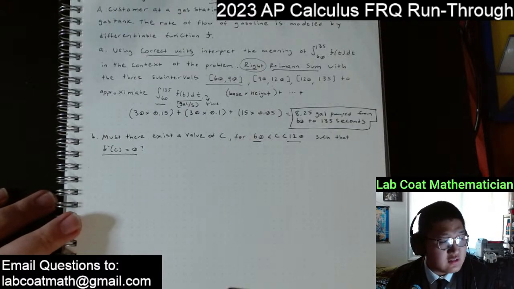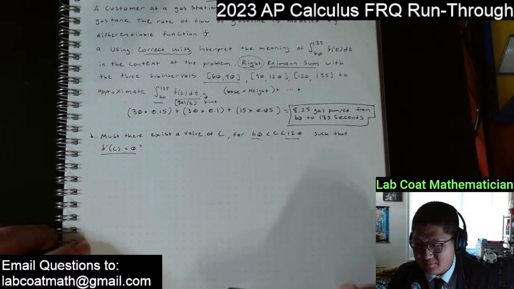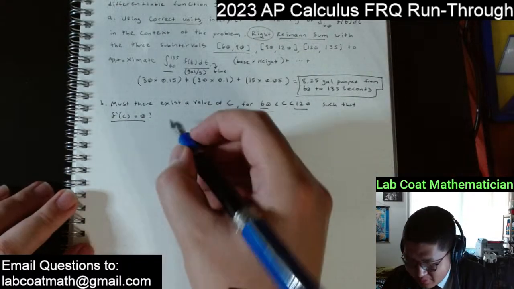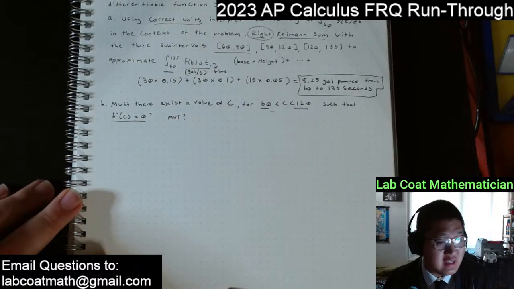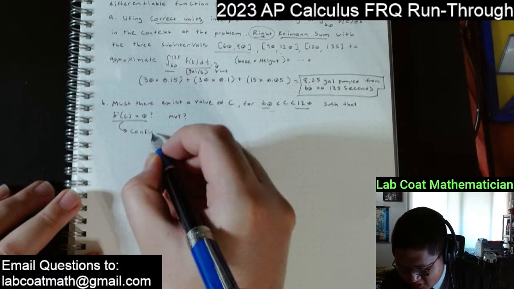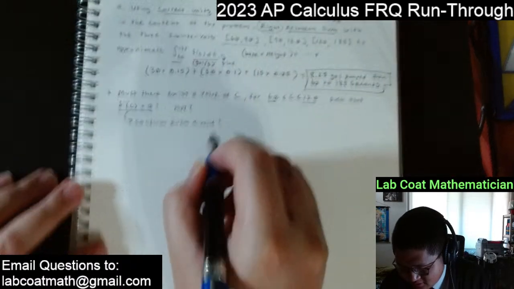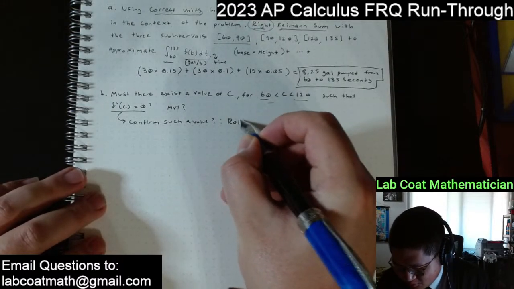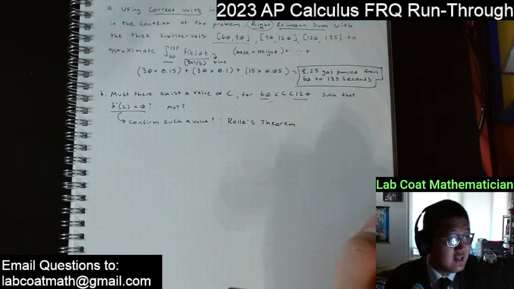So in that case, we're going to see what we can do in terms of the actual problem itself. Okay, because they're asking that specifically, even though we might first think about, oh, mean value theorem, because it's specifically asking for the first derivative of C being equal to 0, actually this should be the clue. If you want to confirm such a statement, such as the first derivative being equal to this, confirm such a value, in that case, this is actually going to be asking us to be using our good old friend Rolle's theorem,